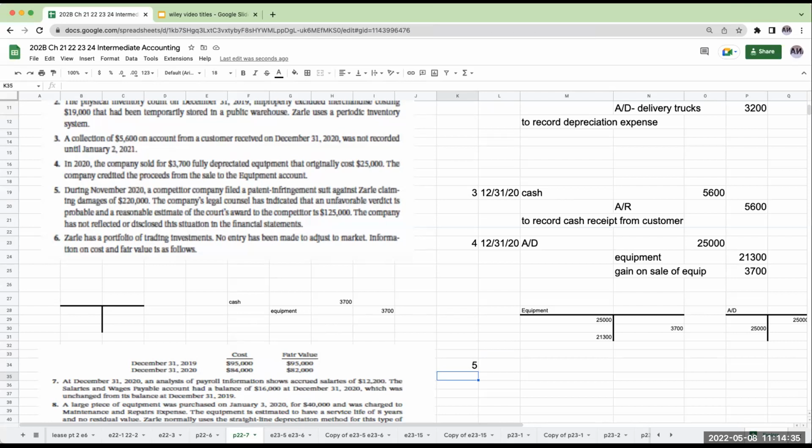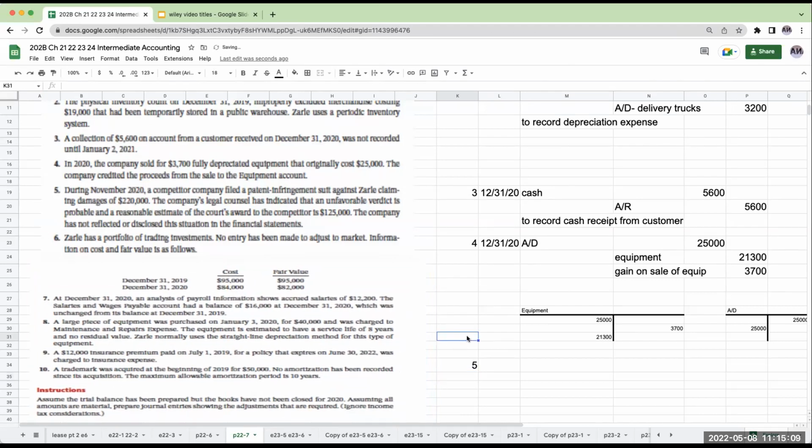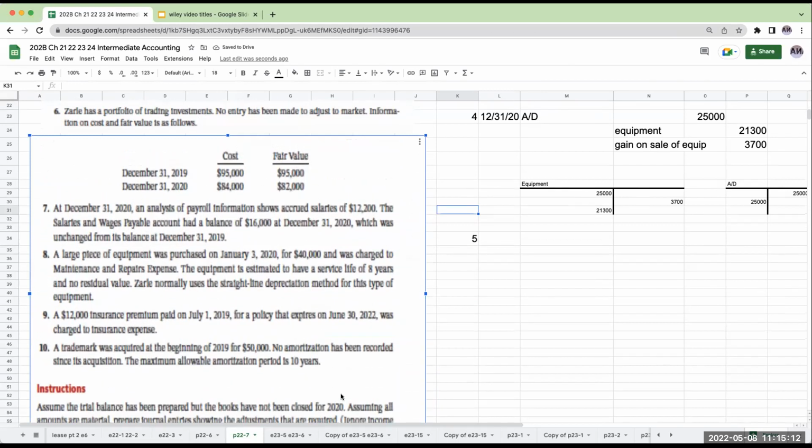The other thing that I would also be doing is I would want to make sure that the company's legal counsel can communicate with the company's outside counsel to ensure that this amount of the damage is appropriate. And the reason is because when the auditors are out at the client, they always make inquiries with all the attorneys. Why do we make inquiries with the attorneys? Because we need to see if we need to accrue anything else on our financial statements.